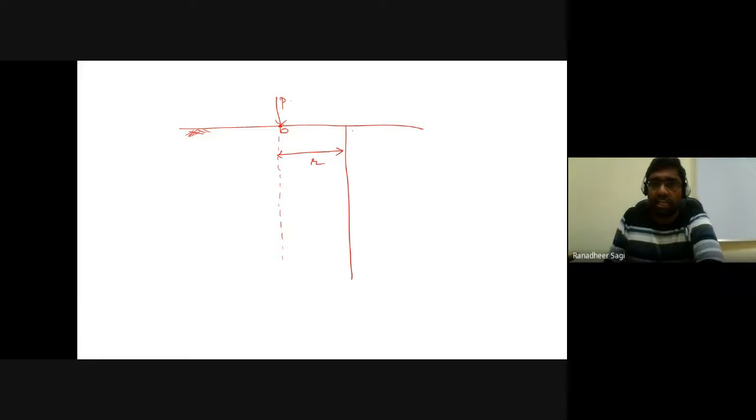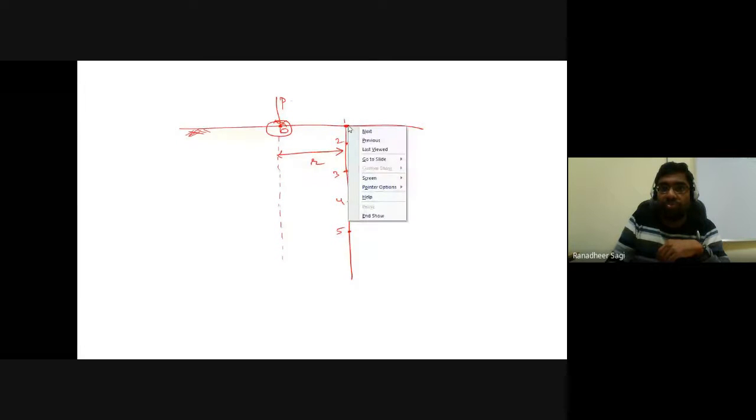Now, I start understanding how much vertical stress is getting developed at these points. The points I have marked, let's say this is 0.1, this is 0.2, 0.3, 0.4, 0.5, and so on. At 0.1, obviously the stress getting developed is going to be 0, because the load was applied at point O, and at 0.1 there is no load transfer happening. That's the reason the vertical stress developed at 0.1 is equal to 0. But as you move into deeper depths, the amount of vertical stress getting developed increases,